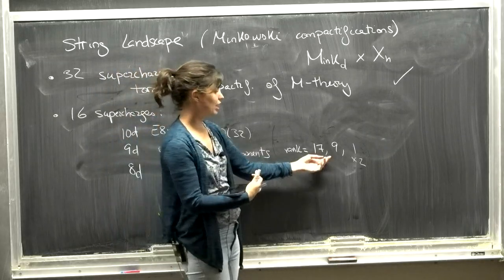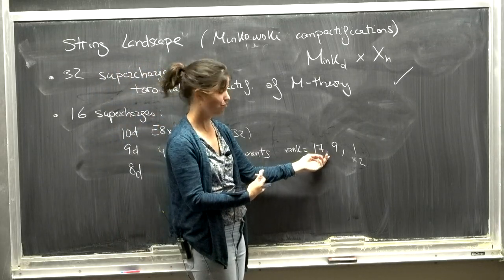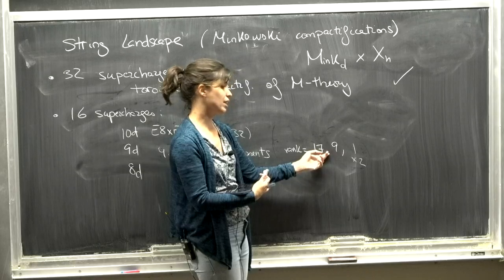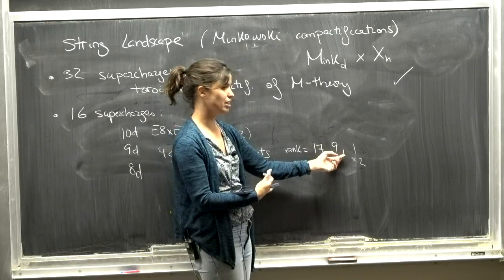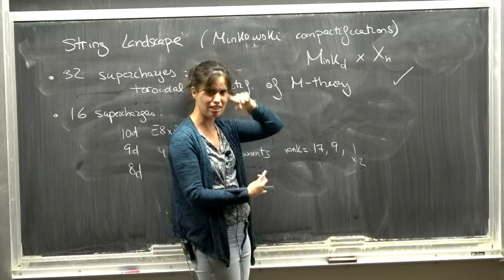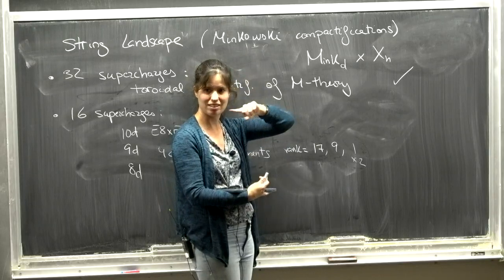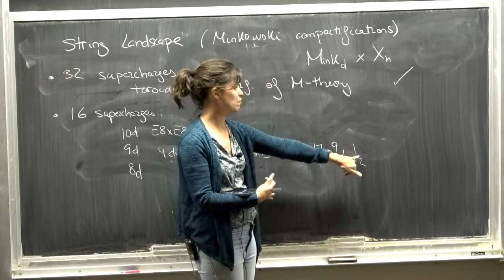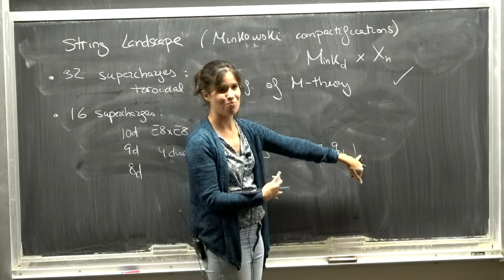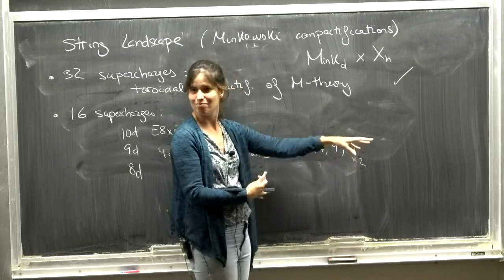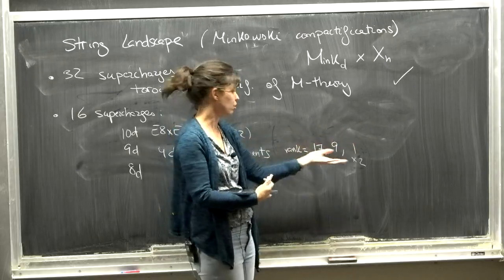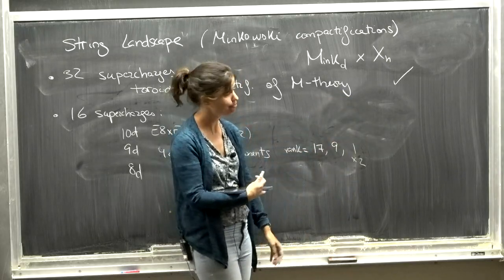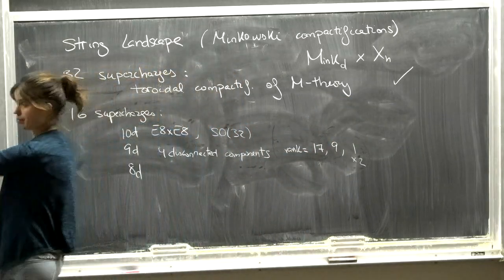This comes from toroidal compactifications of heterotic. This one you could think of as M theory on a cylinder. This is M theory on a Möbius strip. And this funny thing is M theory on a Klein bottle. So these are the 3 supergravities that are known, arising from the string landscape. And you can do the same type of pictures.